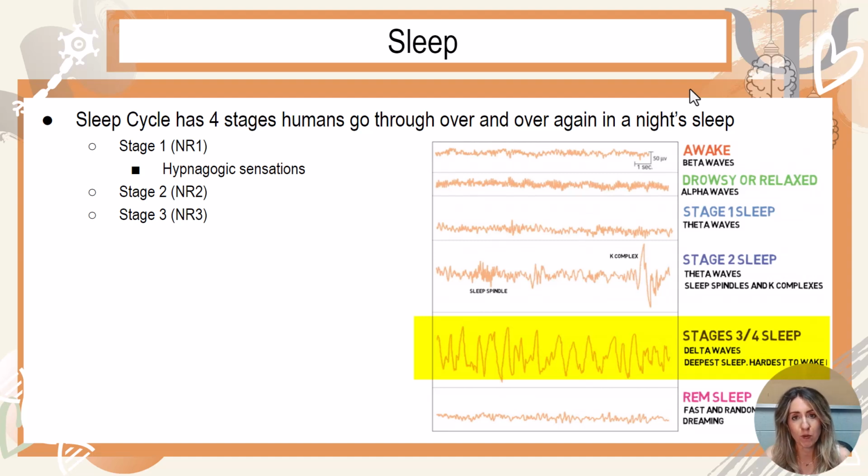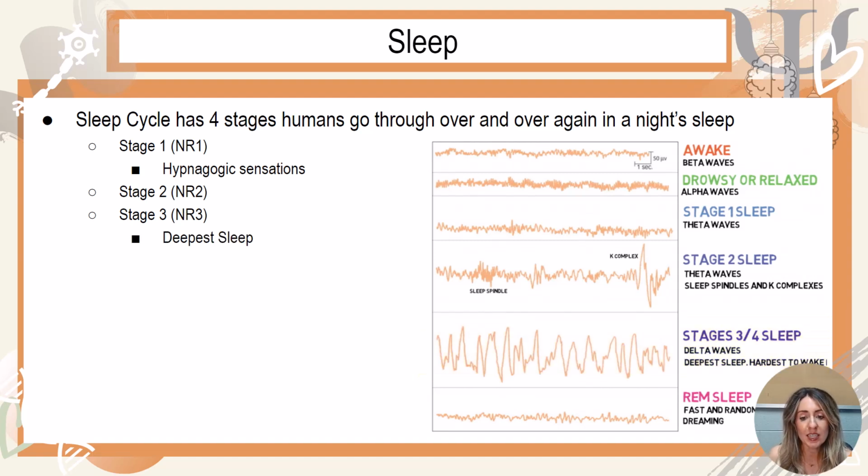And then stage 3, and this used to be called stage 3-4, so you might see it differently in different places, but ultimately this is what we call slow wave sleep. It is the deepest sleep you have, and the waves are the deepest and slowest, right? You can see there's a big difference in these waves from the waves that you have when you are first falling asleep and when you are awake, right? Now, all of these 3 stages are sometimes called NREM, or non-REM, because they are not REM. So they are all the non-REM stages.